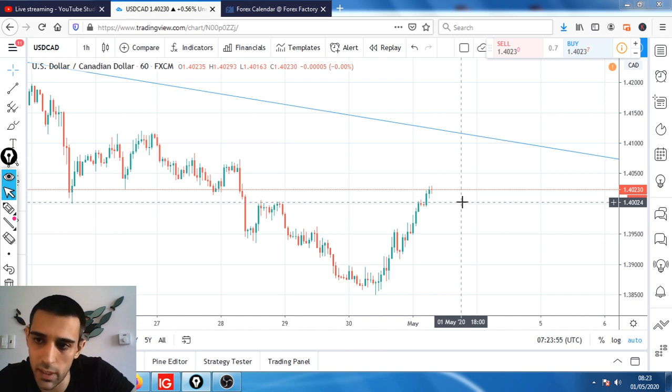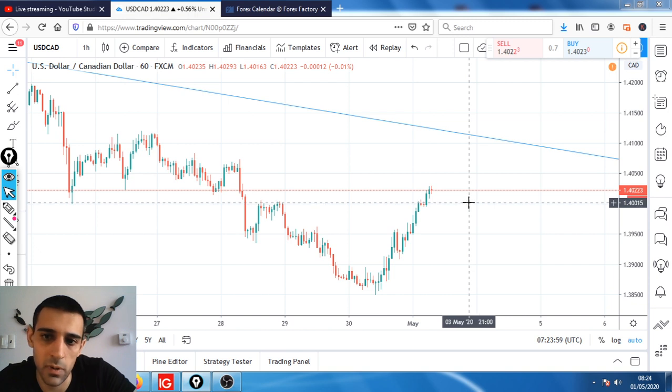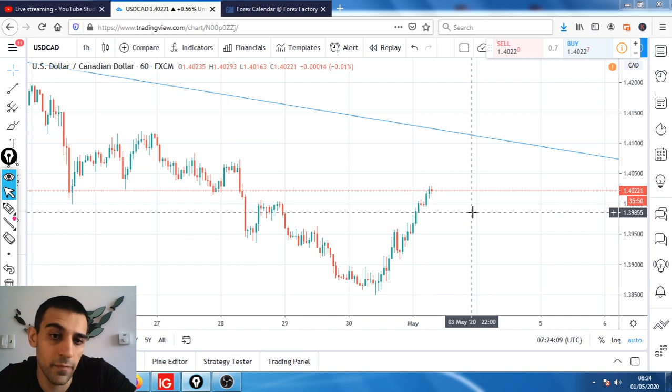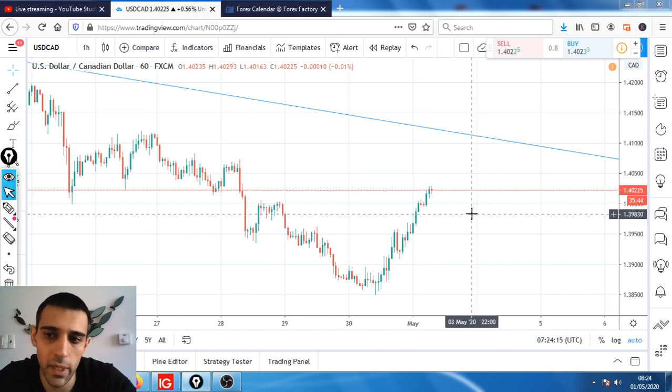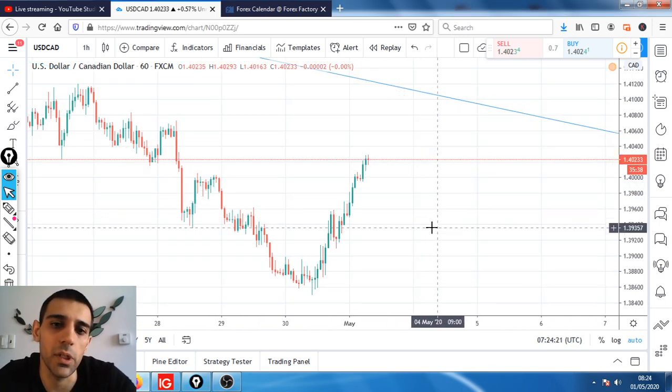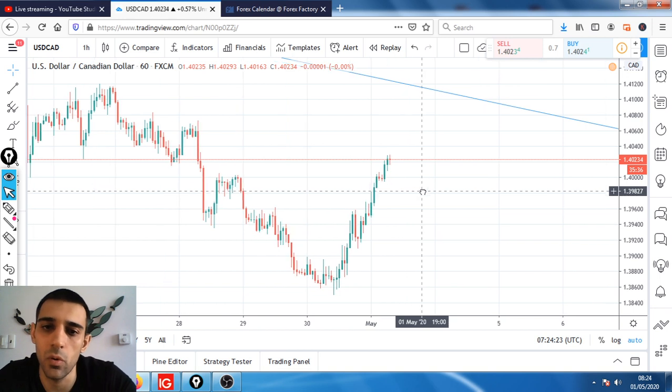It's also a nice round number. For the stop loss on this one, let's see what we have. We can use a 15 pip stop loss. I can definitely justify a 15 pip stop loss on this one. You can give it 20 as well. So 15 or 20 pip stop loss, depending on whether you want to give it extra room or not.